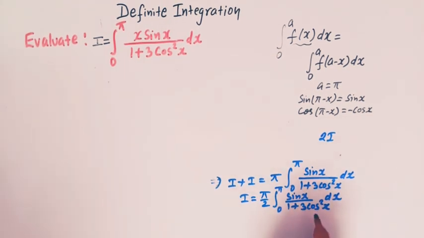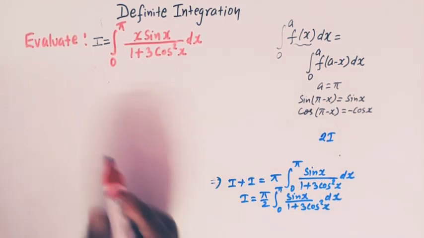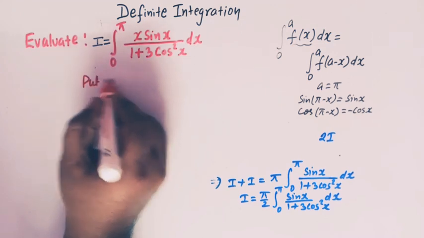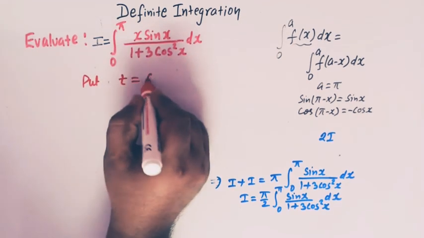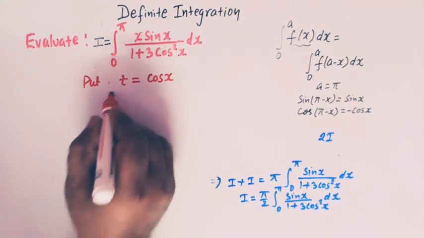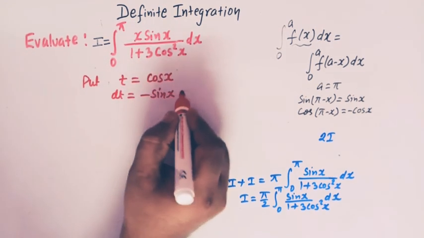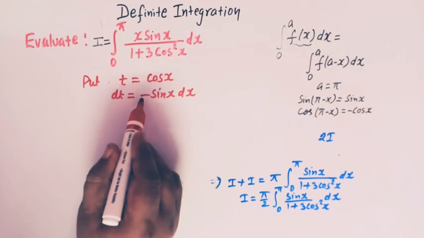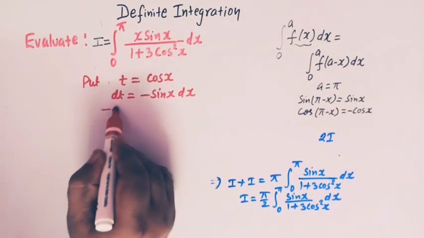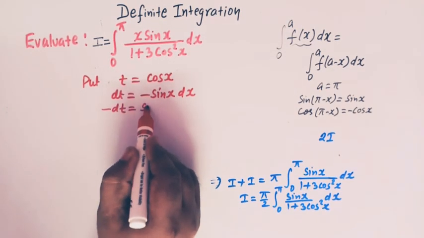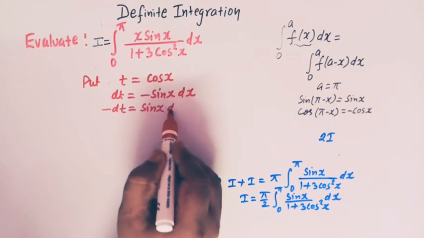Now here we see that the derivative of cos x exists in the numerator, so let us substitute t is equal to cos x, right? So dt is equal to minus sine x dx, and we can write minus dt is equal to sine x dx,